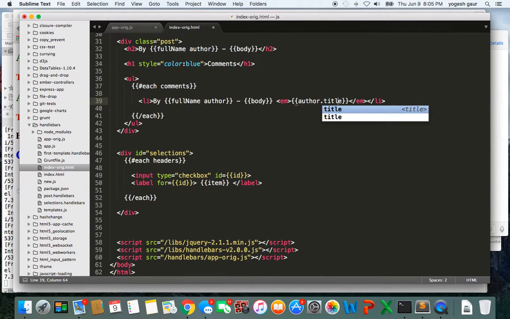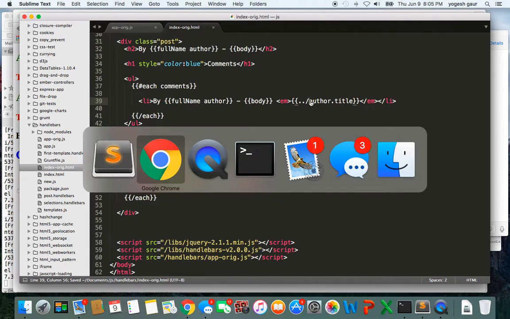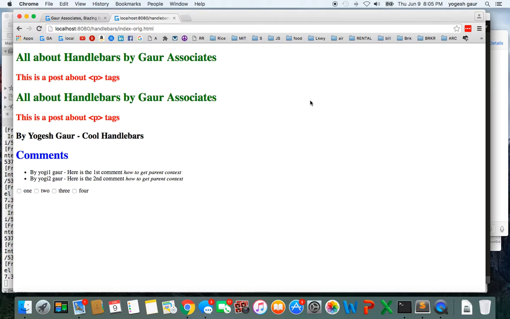It's not sufficient to do this in various versions of handlebars. Since it's part of the comments, you have to go up to be able to access it. So I'm going to try to access it by just adding this going up a level and see if it works. And you can see here that it is working.